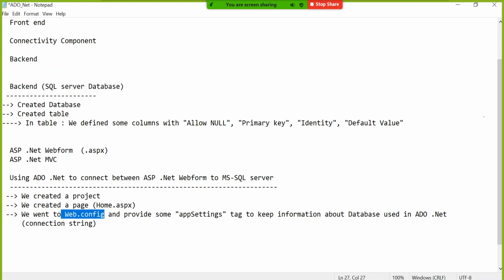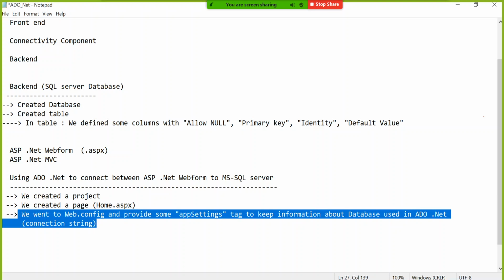Here we say it as web.config. In .NET Core, we say it as appsettings.json. One JSON file will be there, JavaScript Object Notation, etc. So it depends, but you have to say configurational file. In the configurational file, define one setting and keep the connection string in it. That is the best practice in any real-time application development.